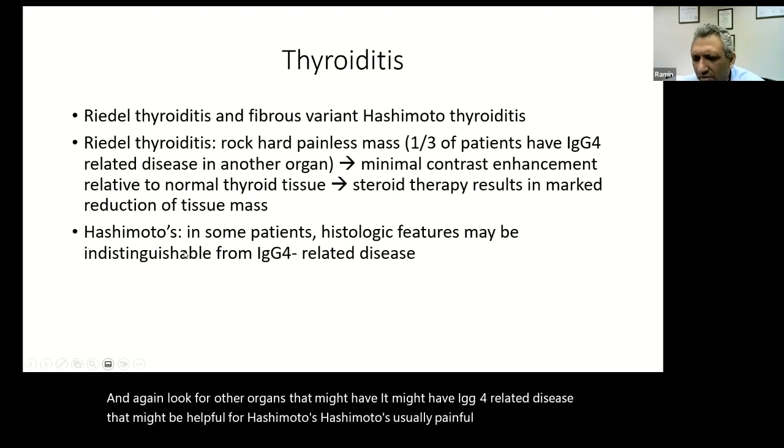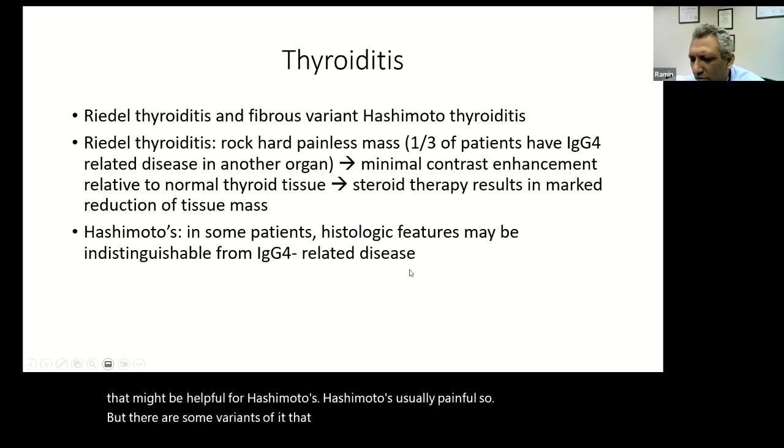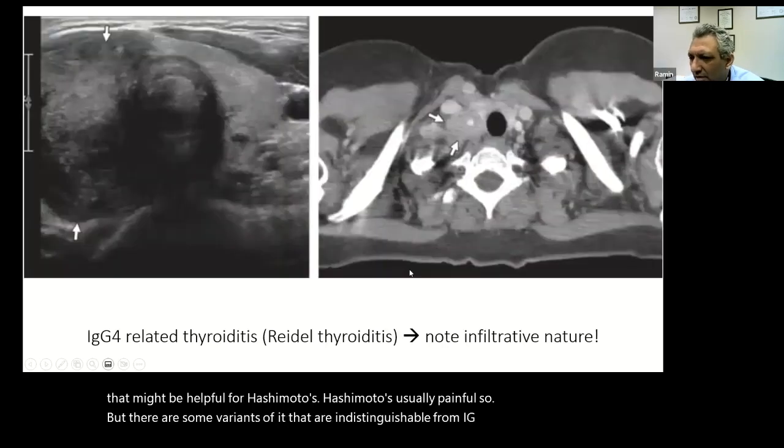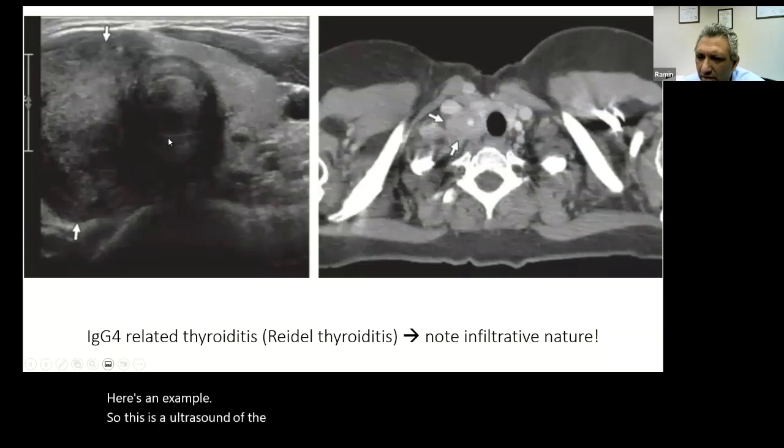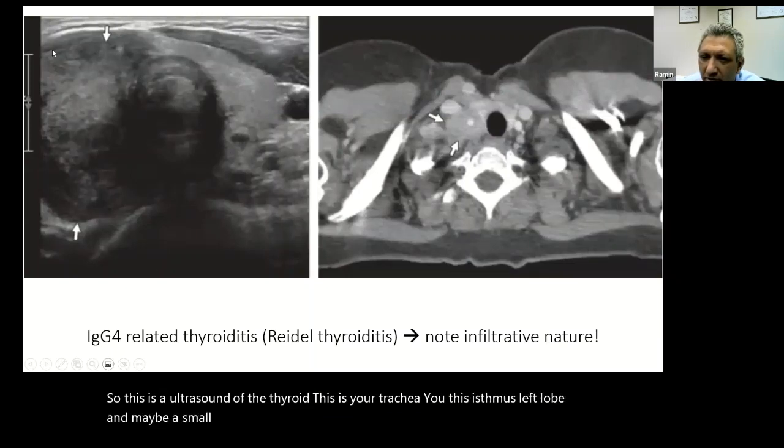For Hashimoto's, it's usually painful, but there are some variants of it that are indistinguishable from IgG4 related disease. Here's an example. This is an ultrasound of the thyroid. This is your trachea, isthmus, left lobe, and maybe a small nodule there, but a big